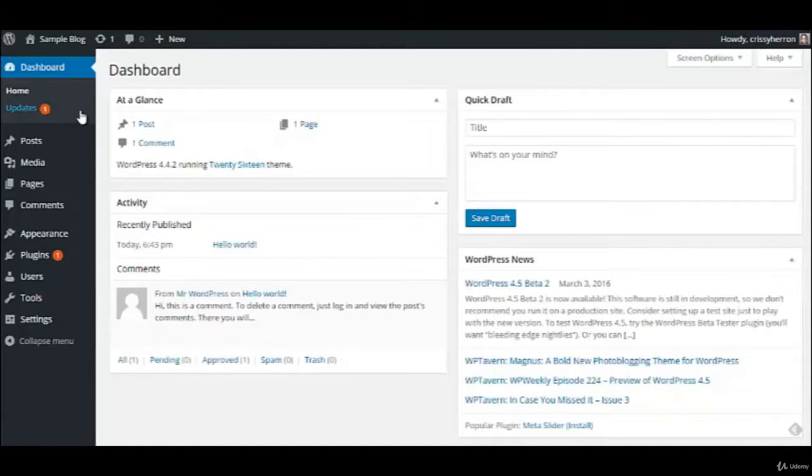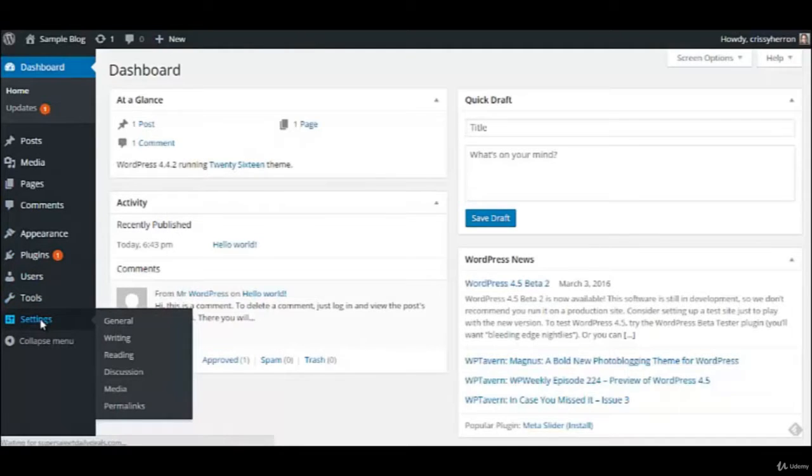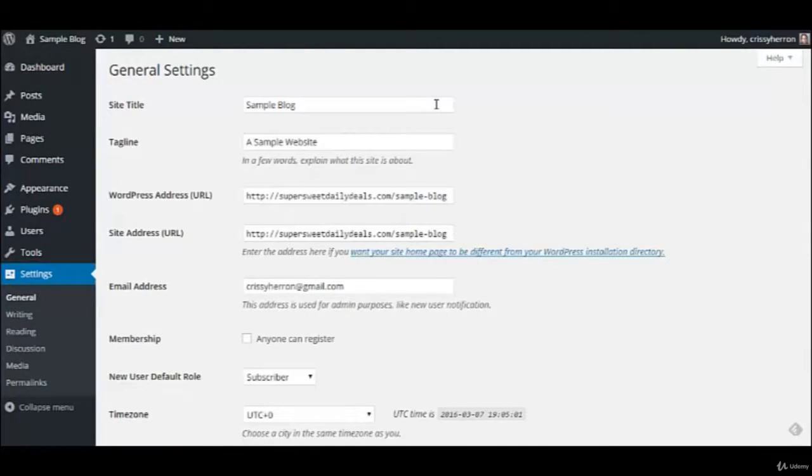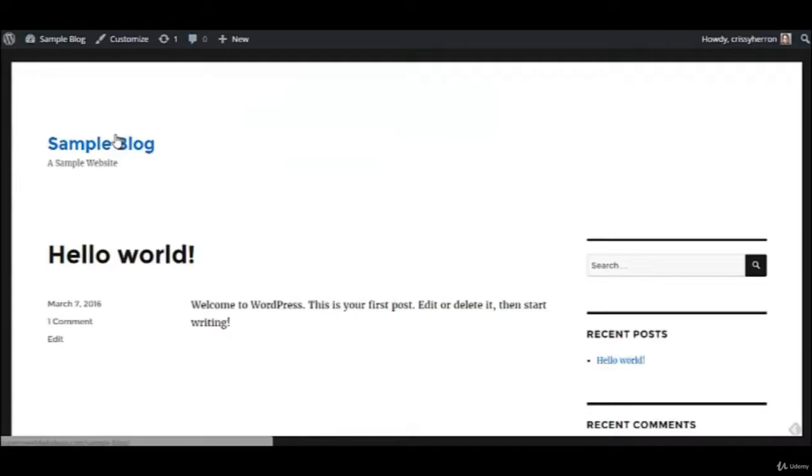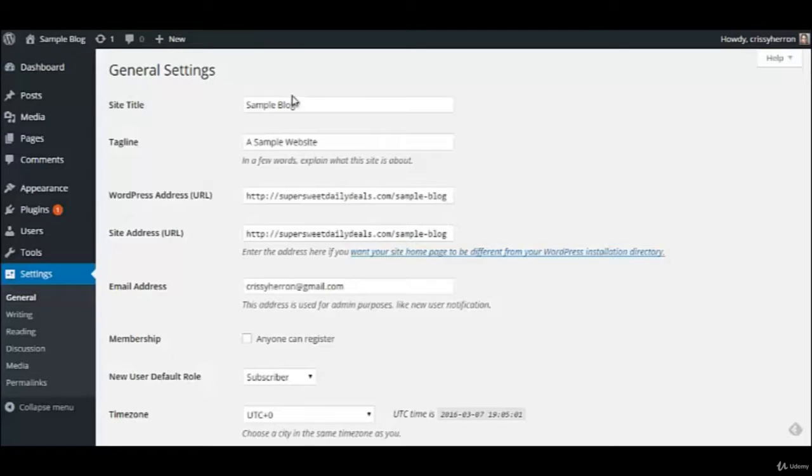So let's start going over some of the things here, and our first step is to look at the settings. Now, if you remember when we installed WordPress, I told you that you could always change the name and the tagline of your blog or your website. And so that is how you do it. You come to this general settings, and that's the first thing you see. And so if we look at our website right now, you can see it says sample blog. So if we change that,